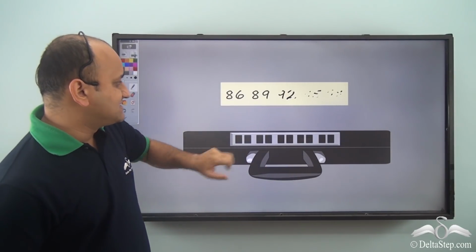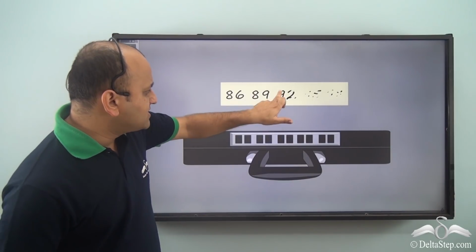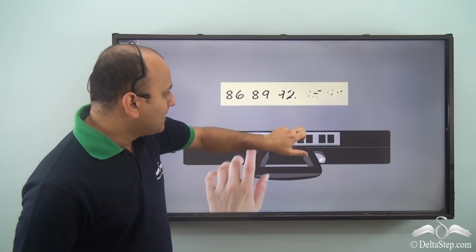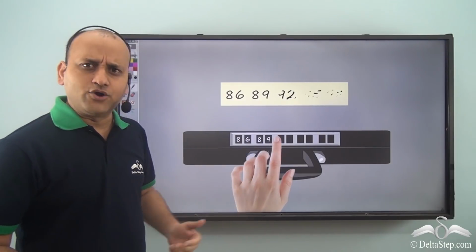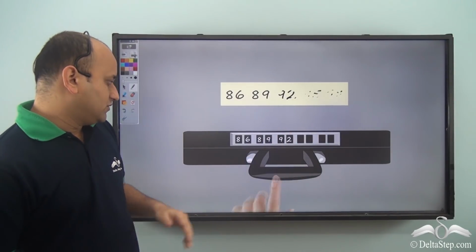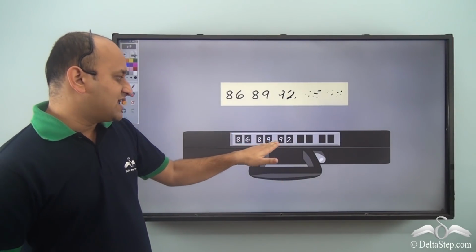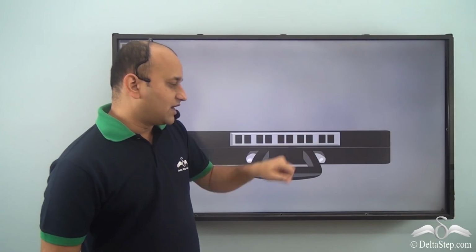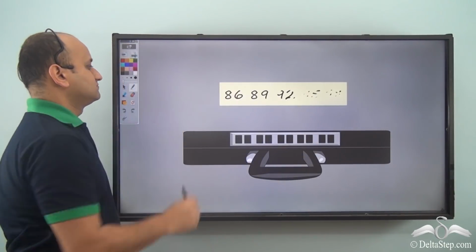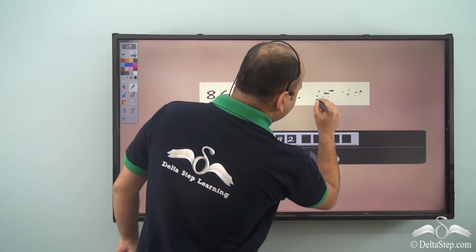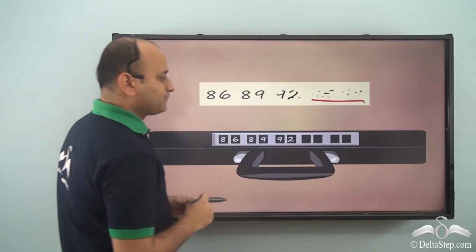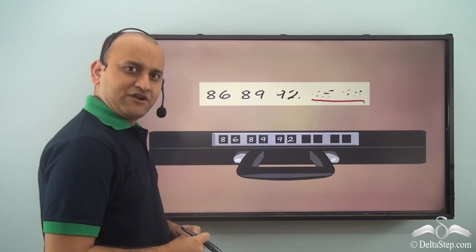While we can see 86, 89 and most probably this is 92, but the other two numbers are not visible. So we can input 86, 89 and 92, but for the other two numbers, well, you cannot really guess what these are. So how do we open this briefcase?